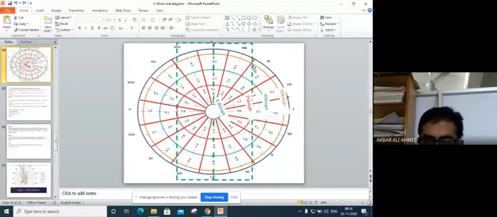Where is north, northeast? This dotted line is the north, northeast. Here I am going 11.25, here I am going 11.25, and total it is 22.5 degrees, this angle. And the area inside that particular angle will be the given values, 5.7, 2.1, 0.3. In this manner, for every direction, we have to put the values inside the circle.